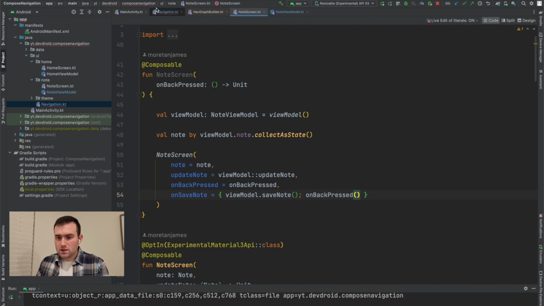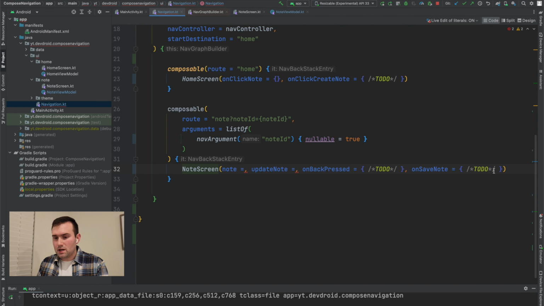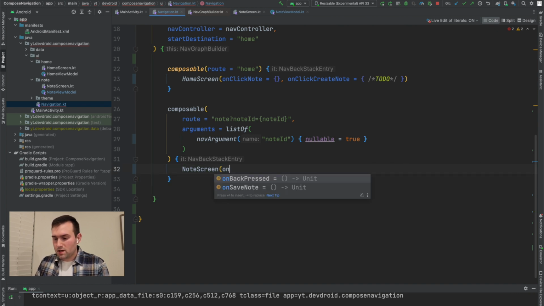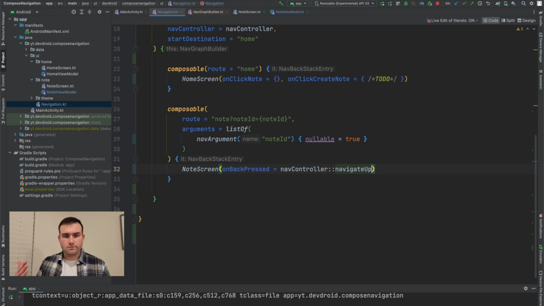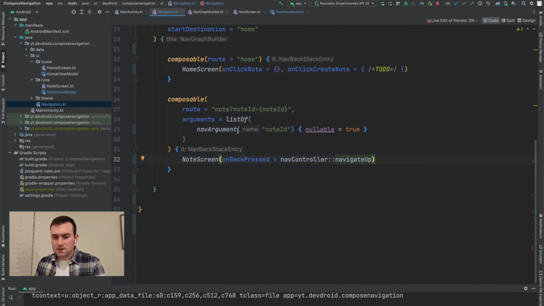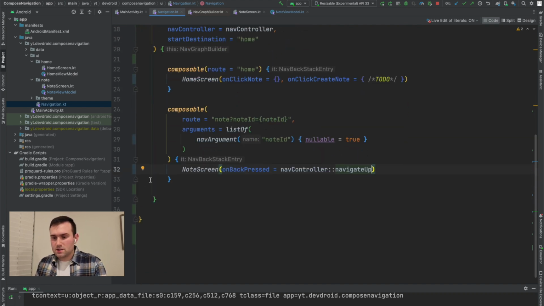So now we have this stateful version of note screen, and so it'll be a lot simpler to put in here. And we just have to say onBackPressed. And what do we want to do? We're probably going to want to navigate up, right? So just go to the last entry in the backstack. And so now the last thing we actually have to do is just,